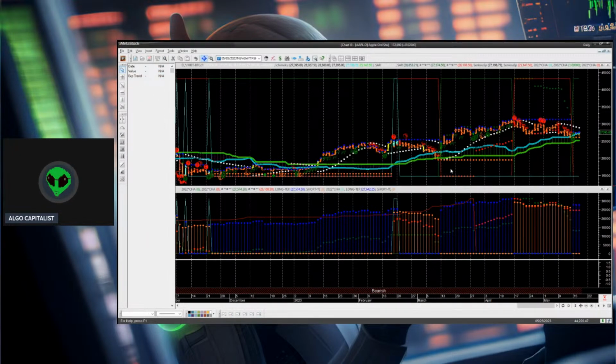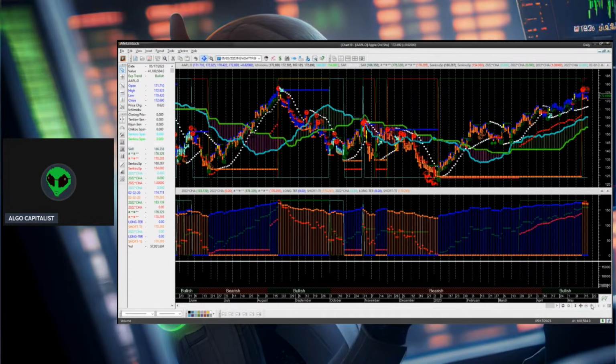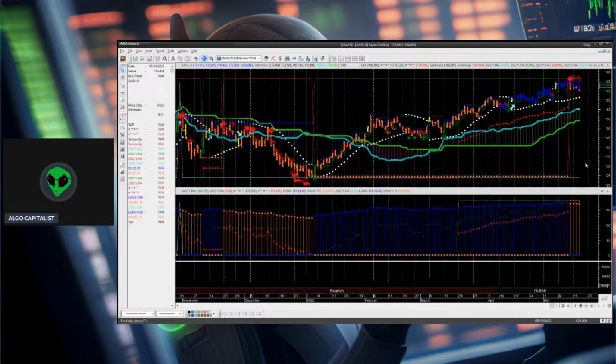All right, so next up we have Apple Computer. Apple Computer is in a bull market with a bearish trend momentum reading. So we're expecting the market to move down. Now, it did move down a little bit today, a little tiny sliver of downside production. We believe the market is going to drop down to the 160 level to test the trend line support, which corresponds to the top of the Kumo cloud.